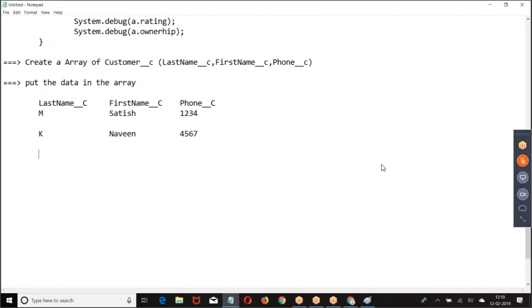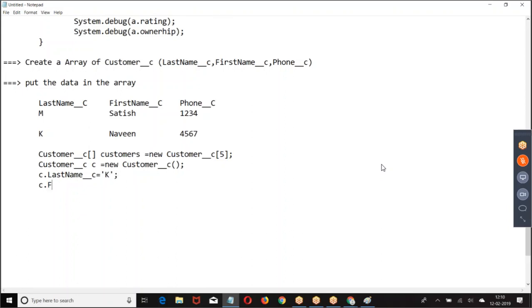Then create this. Because it's a custom field, we are taking this data.